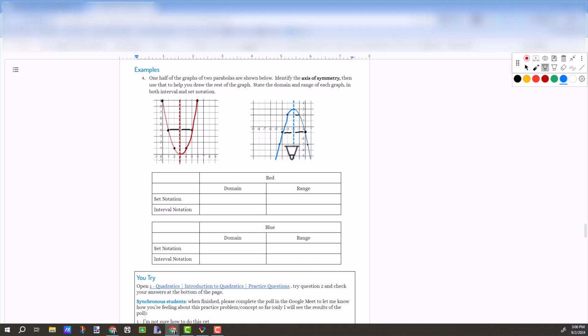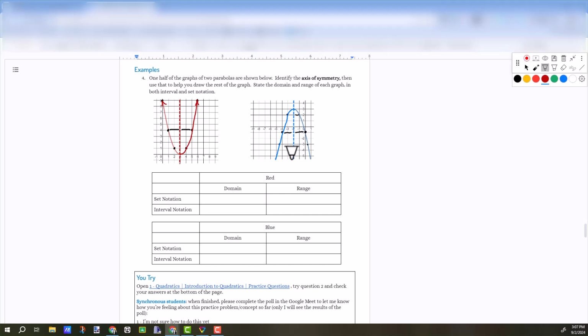So now we're being asked to state the domain and the range in 2 different forms, set notation and interval notation. So let's look at the domain in set notation. Now let's think what that means. Because we have this thing going off to the left,